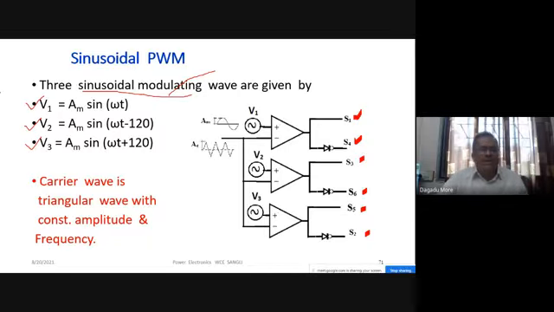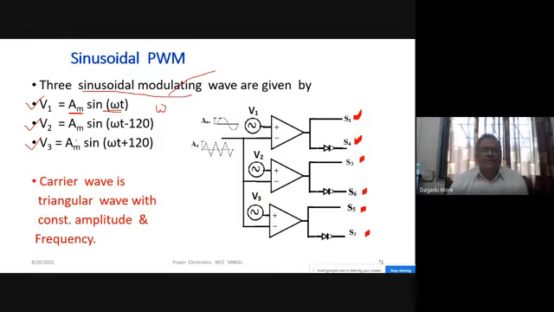So this modulating wave has a frequency equal to omega radians per second, and its peak amplitude will be equal to AM. Is it clear? So we require three modulating waves which are sinusoidal in nature,